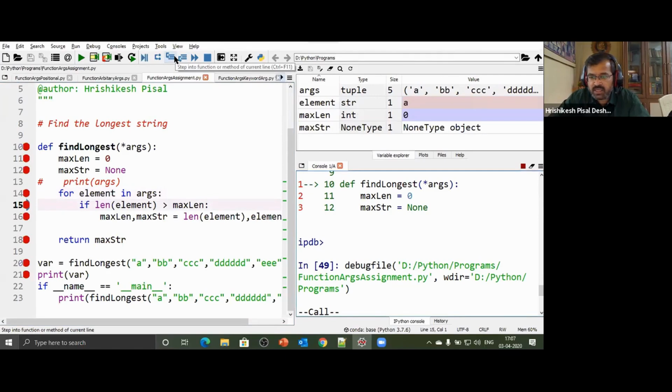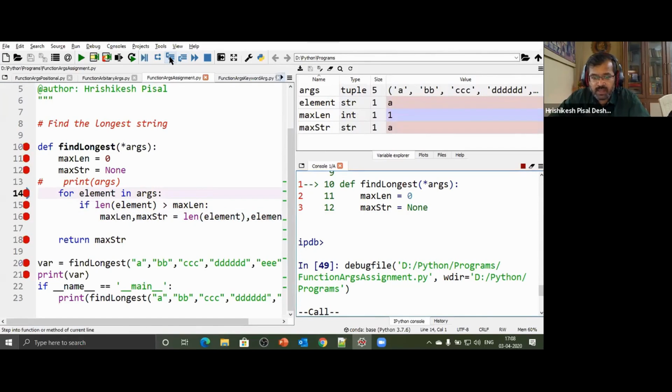it will cycle, देखिए एलिमेंट में A आ चुका है, A का लेंथ कितना है तो 1 है, तो 1 ग्रेटर देन 0 है क्या, यस, तो मैक्स लेंथ का वैल्यू 1 हो गया एंड मैक्स स्ट्रिंग में A स्टोर हो गया, नोट कीजिएगा। अब दूसरा एलिमेंट क्या है, BB है, BB का लेंथ कितना है